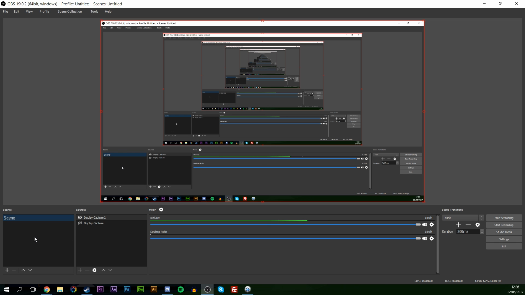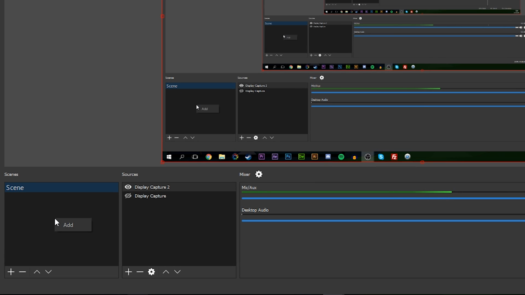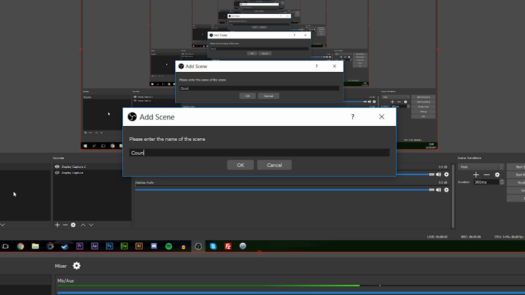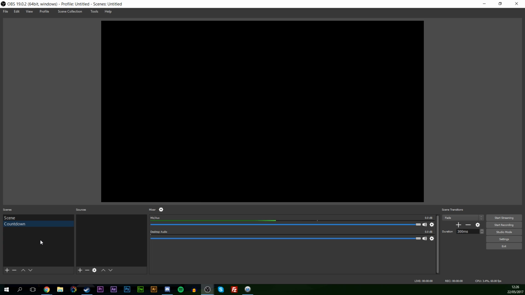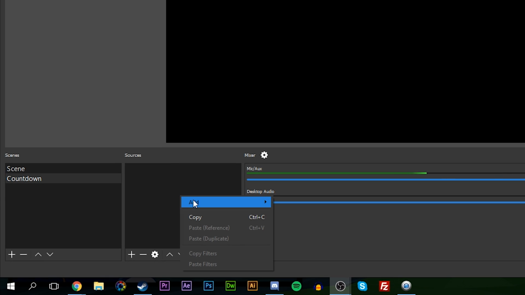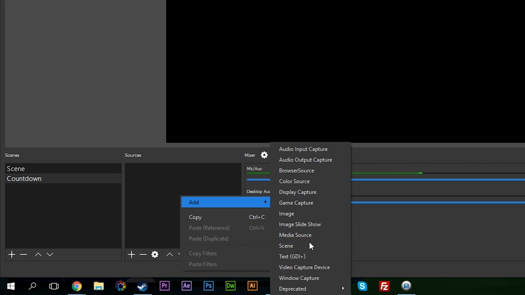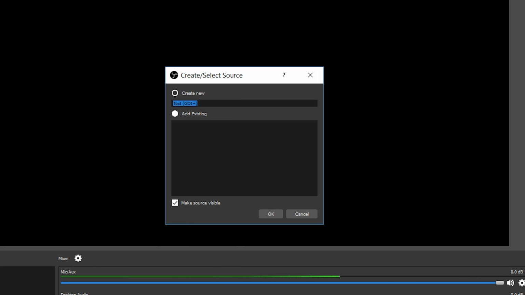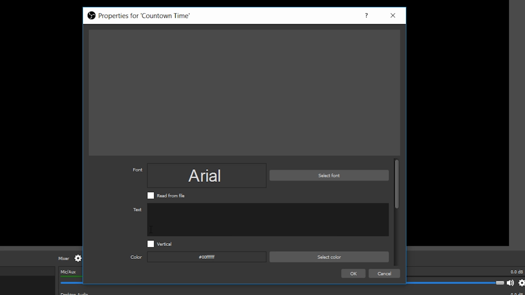So now that we have OBS open, I would recommend making a brand new scene and calling it countdown or whatever you want to name it, because this is going to be the easiest way, because you want to jump back and forth between this screen at all times. So I have a brand new scene named countdown right here, and I'm going to add a new countdown timer source, which is going to be a text GDI plus. So if you just name this countdown timer, and we're going to be able to change some settings on